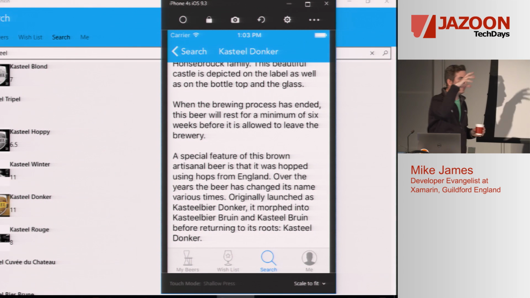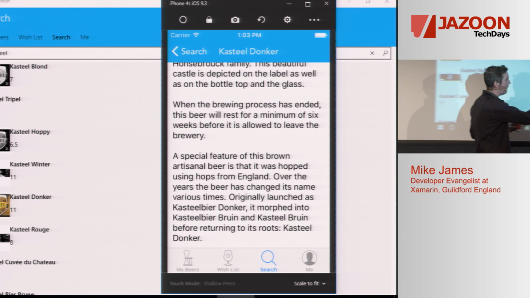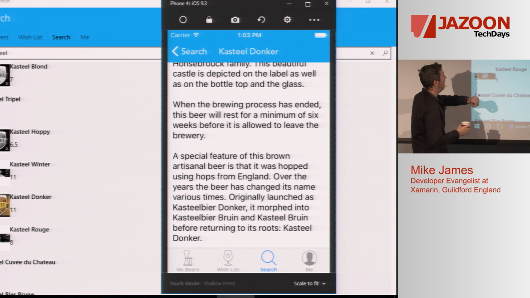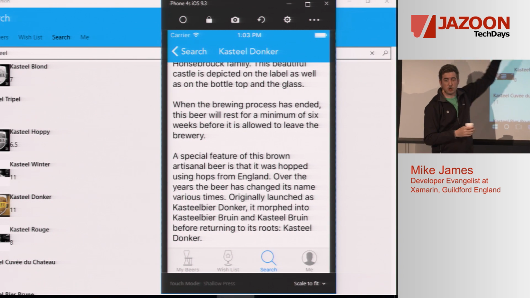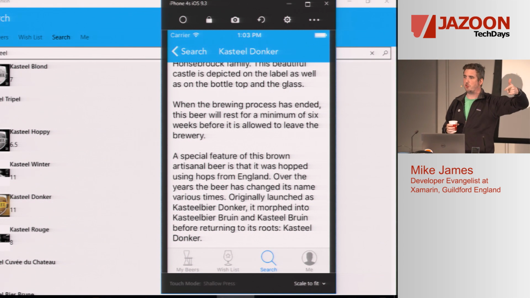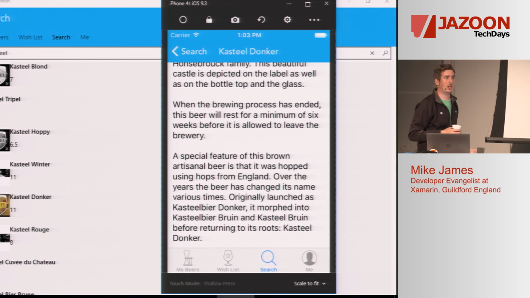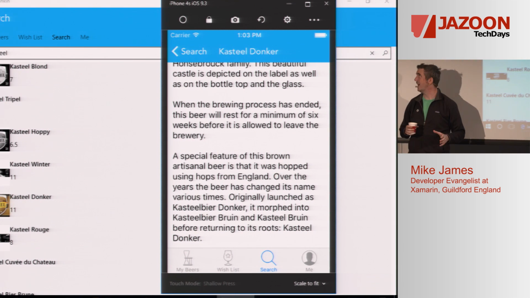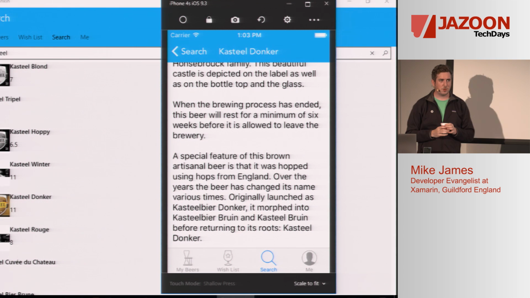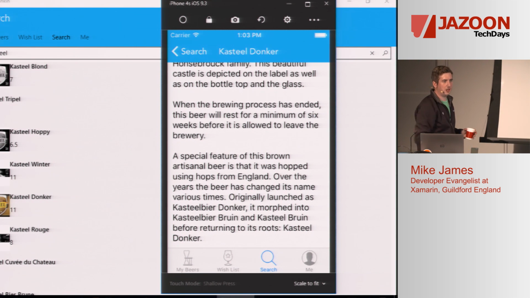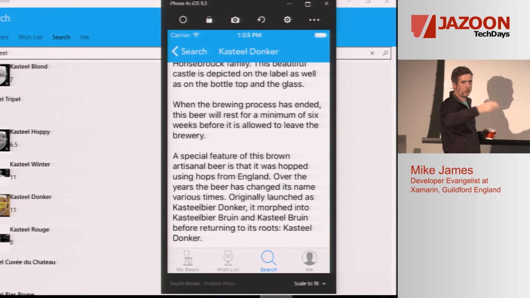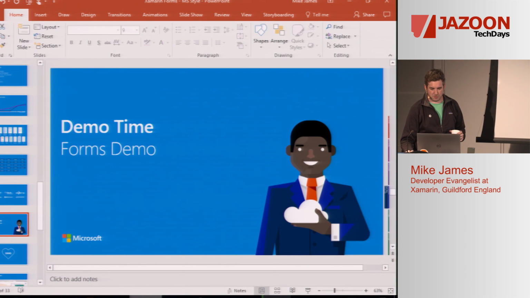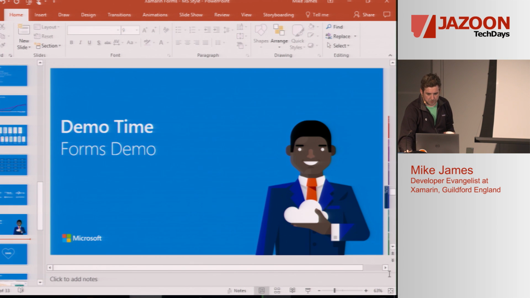So that's Xamarin.Forms. You can see the UI is native for each platform. We've got the proper tab bars. We've got the UI navigation controllers on the UWP. UWP runs everywhere. It runs on the Xbox. It runs on the HoloLens. They haven't given me a HoloLens to demo with yet, which is a real shame. I mean, it would be terribly boring for you guys as I stand here just looking around, but it would be amazing. But this app will run on a HoloLens. It will run on the desktop. It will run on phones for the 3 people that have bought phones. So it's awesome. I love Xamarin.Forms, and we love XAML.